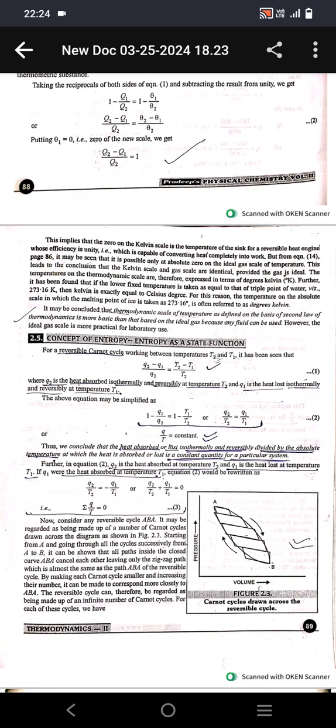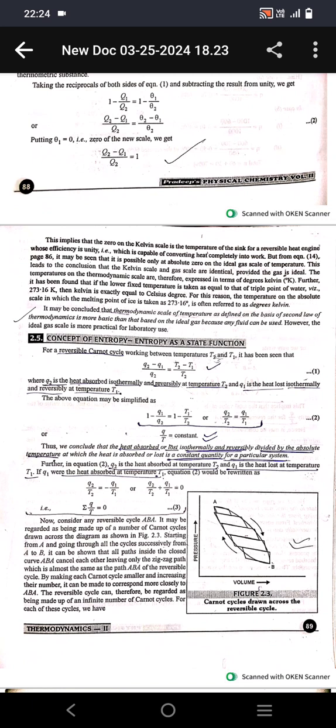Thus, we conclude that the heat absorbed or lost isothermally and reversibly, divided by the absolute temperature at which the heat is absorbed or lost, is a constant quantity for a particular system. Further, in equation 2, Q2 is the heat absorbed at temperature T2 and Q1 is the heat lost at temperature T1. If Q1 were the heat absorbed at temperature T1, equation 2 would be written as